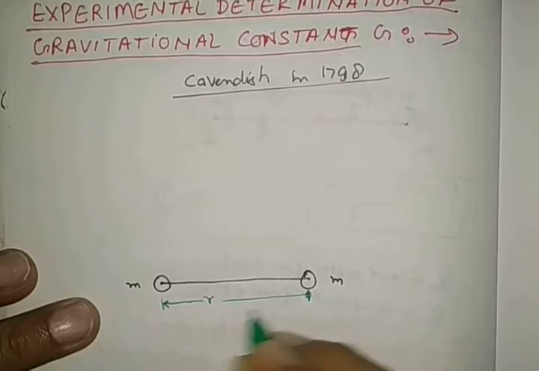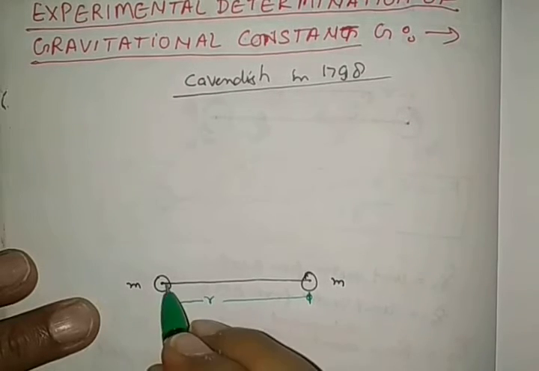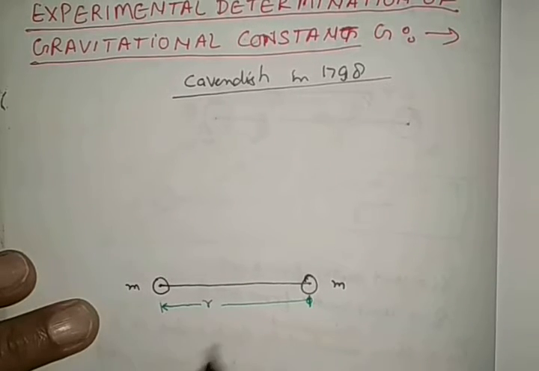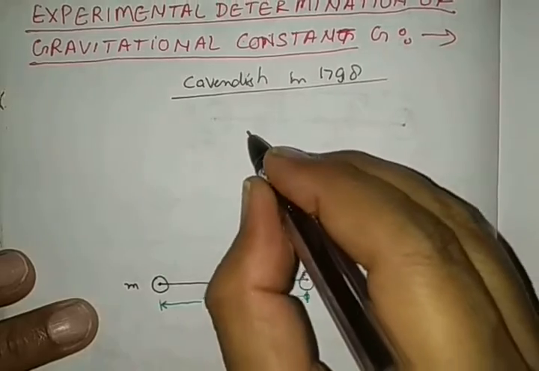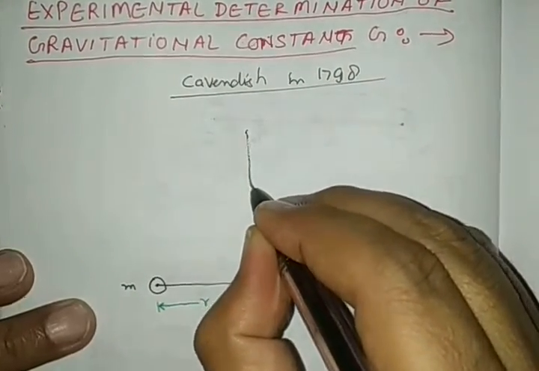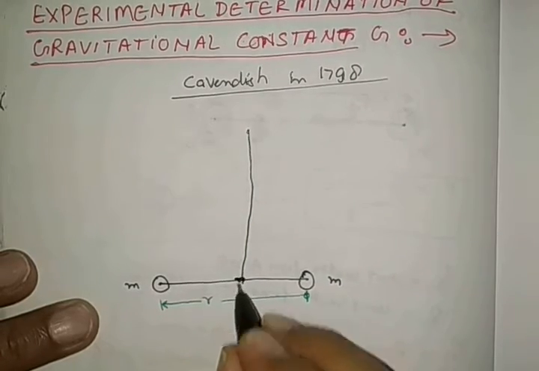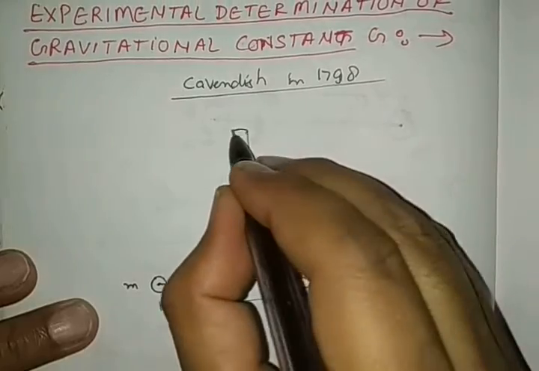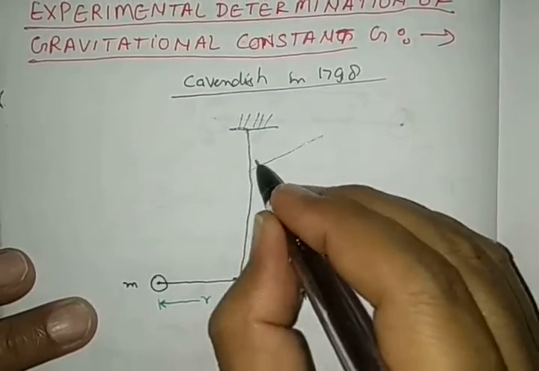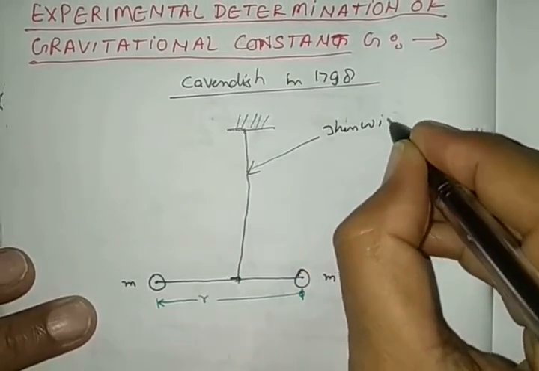This distance between both is given, equal mass. This whole system is suspended by a thin wire from the middle, with a rigid support, here from the middle of it. Rigid support, consider it, thin wire,